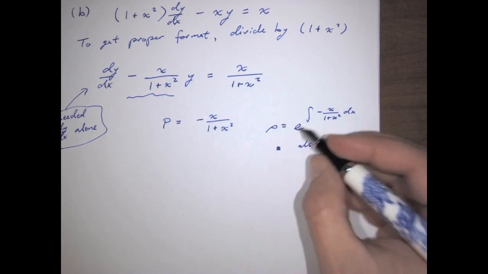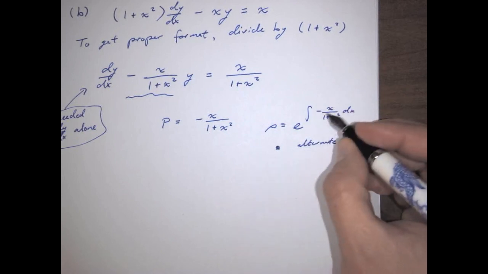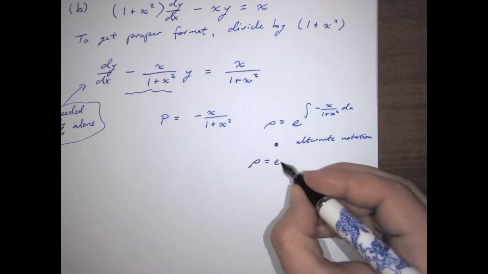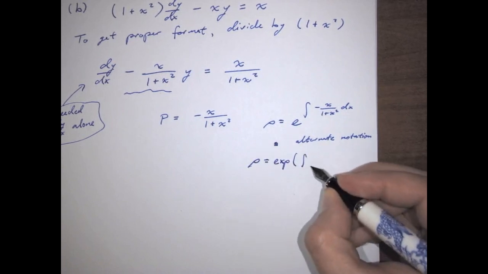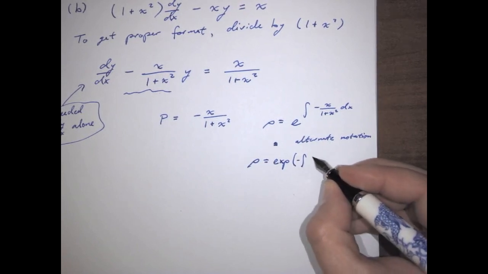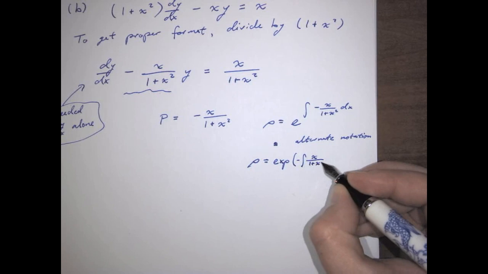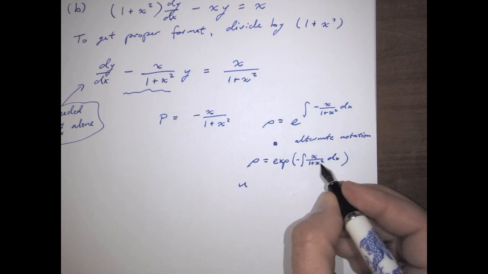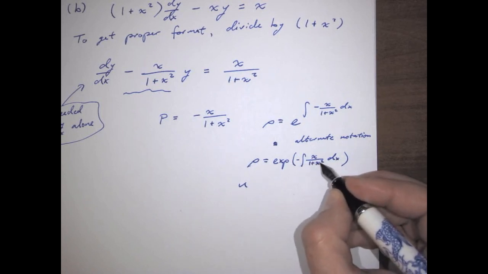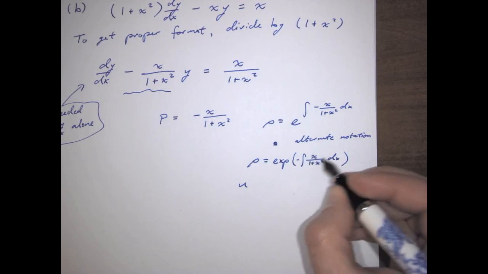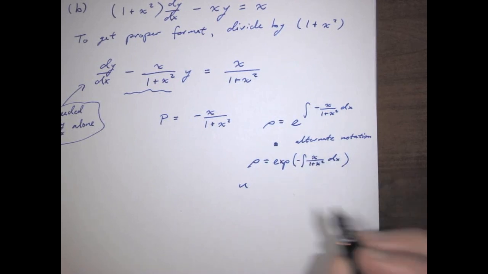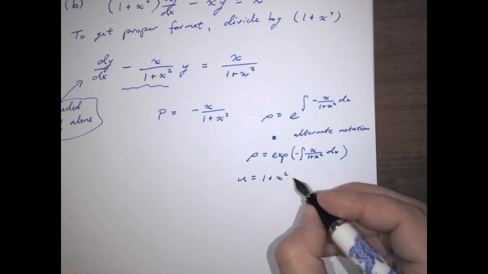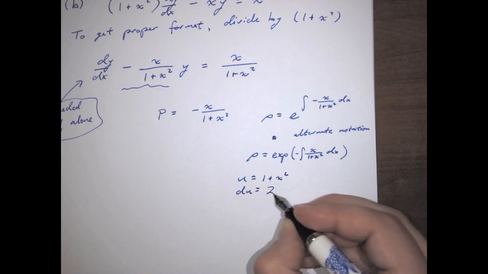For the exponential function here, whenever the expression up here gets a little bit ungainly, I can use rho equal to exp of the integral, and I'm going to bring the negative up, of x over 1 plus x squared dx. This is an occasion for u substitution, because the derivative of the denominator is going to be 2x, which is only a constant factor off from the numerator. So that gives us a choice of 1 plus x squared for the u, which makes the du 2x dx,